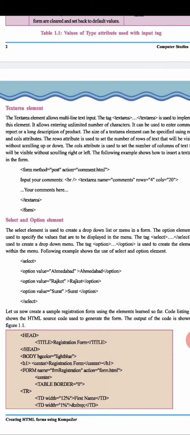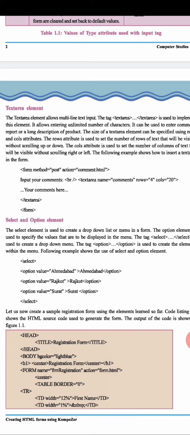And columns, see, rows and columns, the web screen is divided into vertical and horizontal parts. So rows are the horizontal lines and columns are vertical. So as many columns as you want, you can add. The web page is divided into rows and columns. So here too, for rows the attribute is rows only, but for columns it is cols.